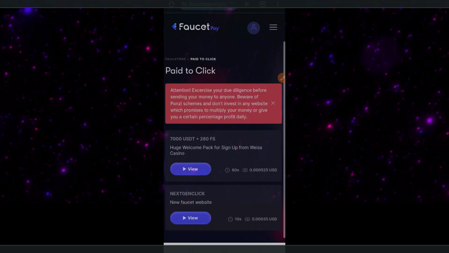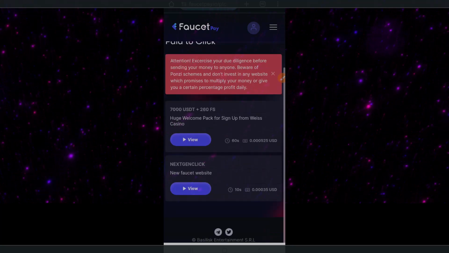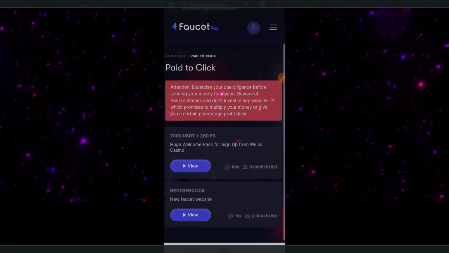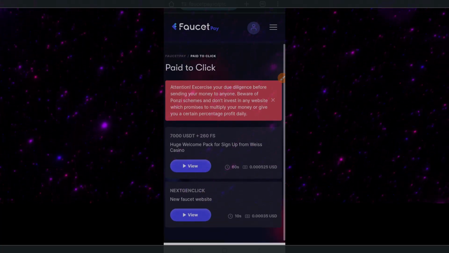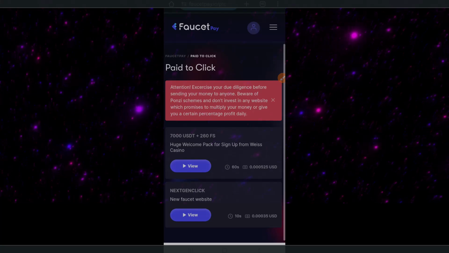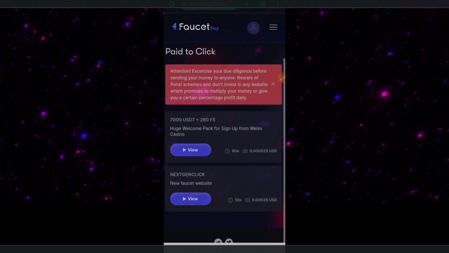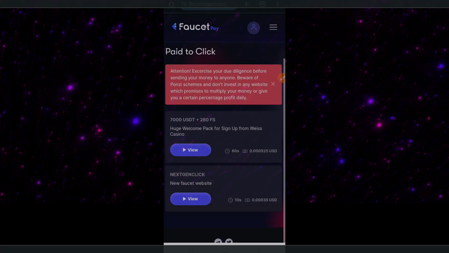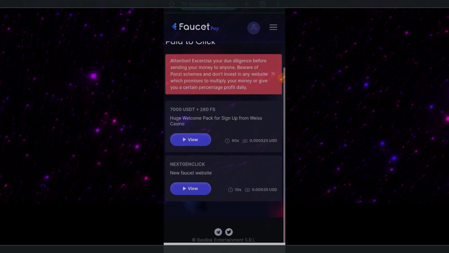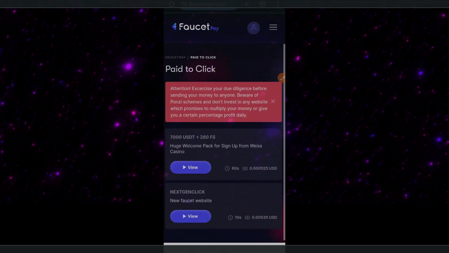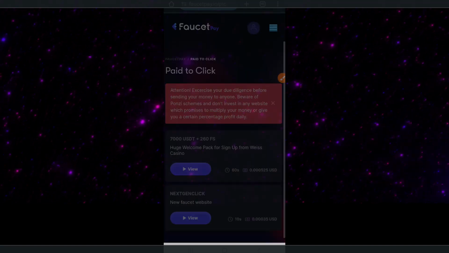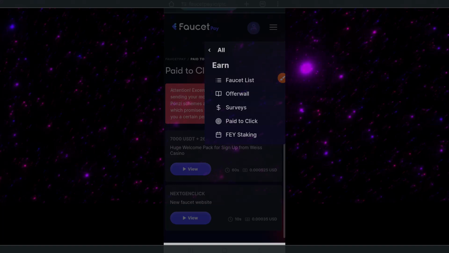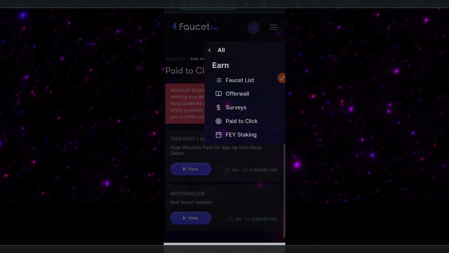Within FaucetPay, there is an option for you to go for pay to click. You can see this option here. You click on view, and then you just follow the instructions. You pay to click, wait for 60 seconds, and then you'll be credited this amount in USD. As you can see, you wait for 10 seconds and you'll be credited with this amount also. So these are all the options available for you to get your account credited with extra